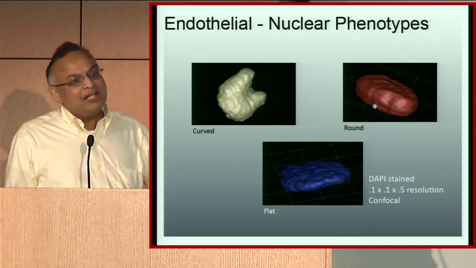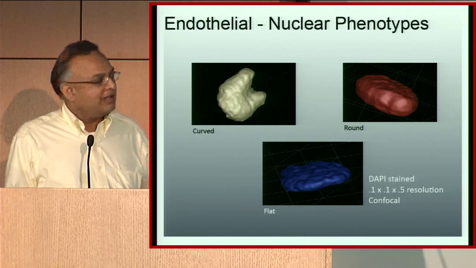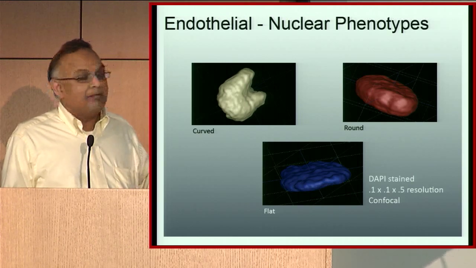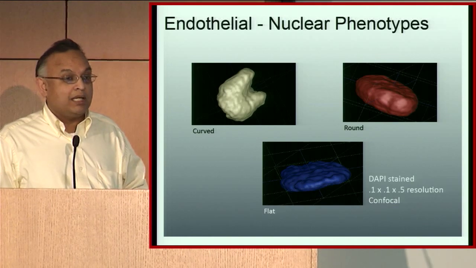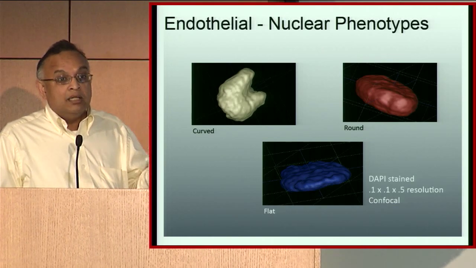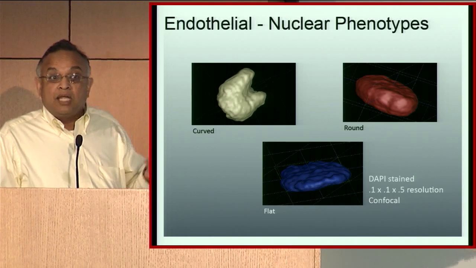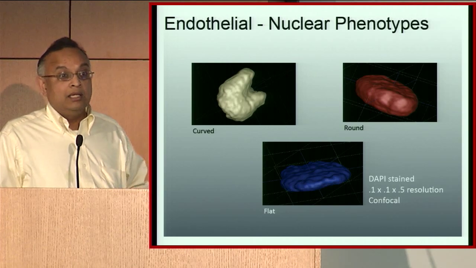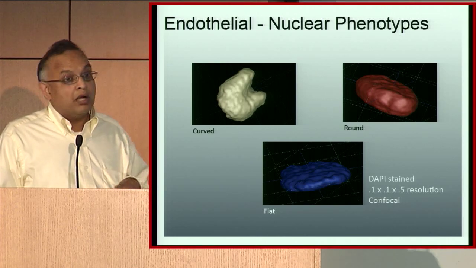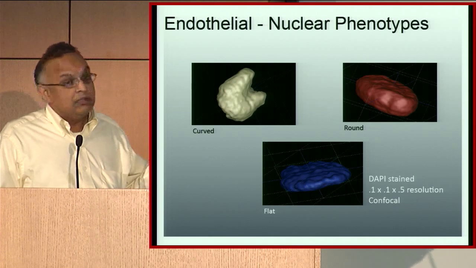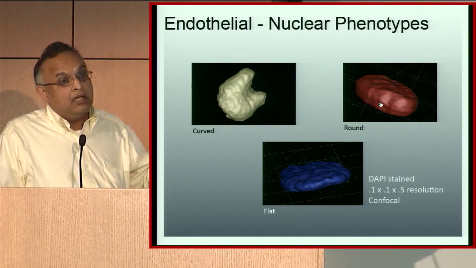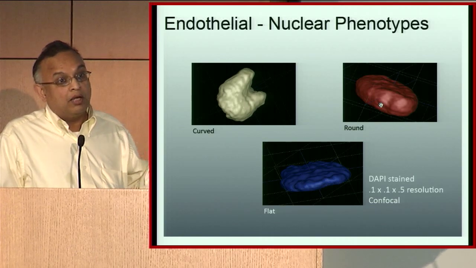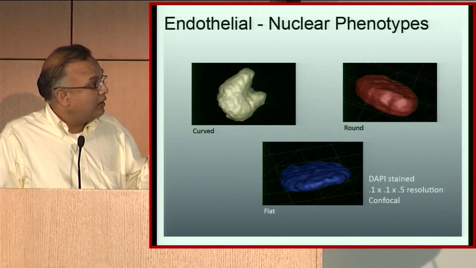And in addition to learning new biology, for us at least, we started using some of our techniques which we have developed for many, many years. Could we perhaps look at things differently, not just 2D slices, or 2D slides, but actually extract 3D structures? For example, we started extracting the 3D structure of the nuclei. How do the different nuclei of endothelial cells look?